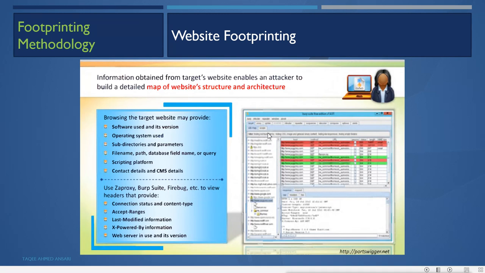Now if you want to get the proxy data, then you have to go to the browser and change the proxy settings, so that whatever you do on the browser goes through Burp Suite or these other tools. When you browse anything on the browser, it will go through these tools. These tools grab those requests and show you those requests in detail. You will have to scrutinize those details to get this information. It is not necessary that you will get all of it. If the web developer has not properly designed the site, then you can get that information easily.